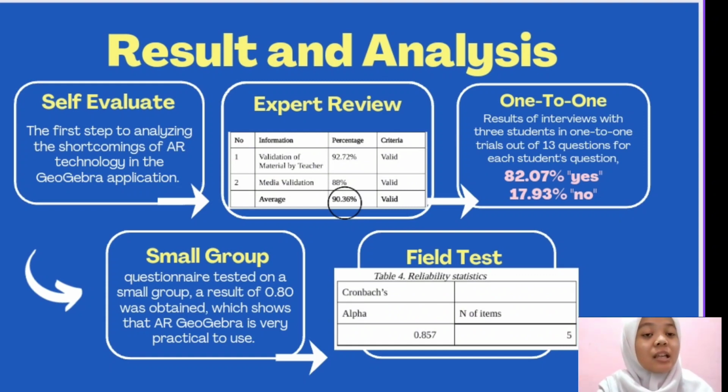Based on the research that has been carried out, it is concluded that augmented reality technology is suitable for use to develop students' spatial capabilities to determine angles in flat-side space. Augmented reality technology has a positive influence on students who have difficulty imagining angles in a flat-side space. The research proved the validity, practicality, and effectiveness of GeoGebra augmented reality on students' spatial capabilities in determining the angle of flat-side space.